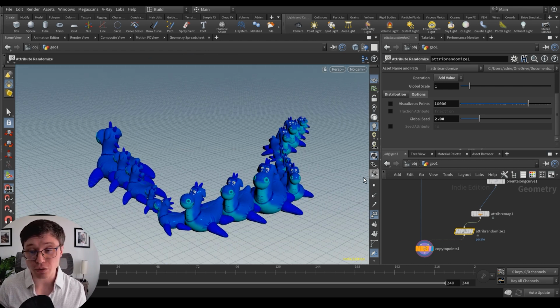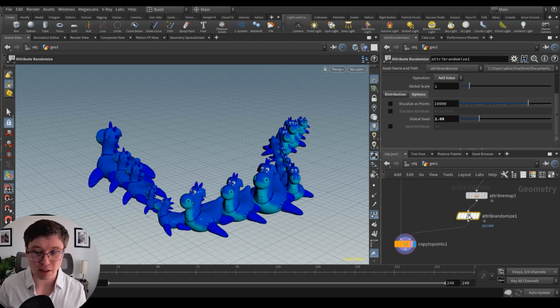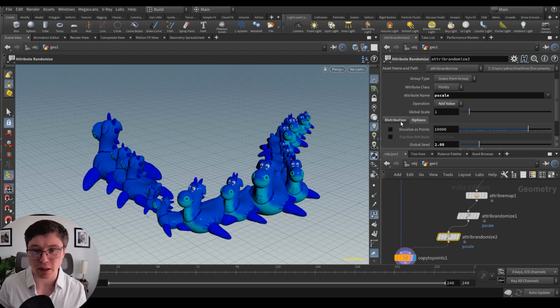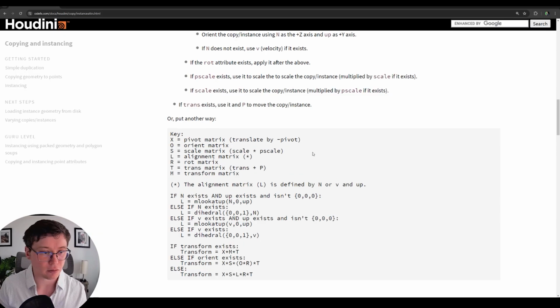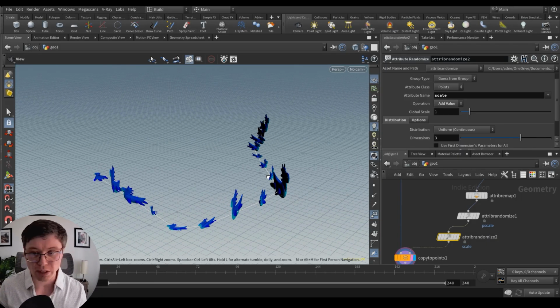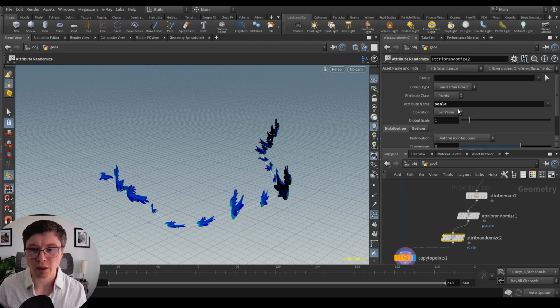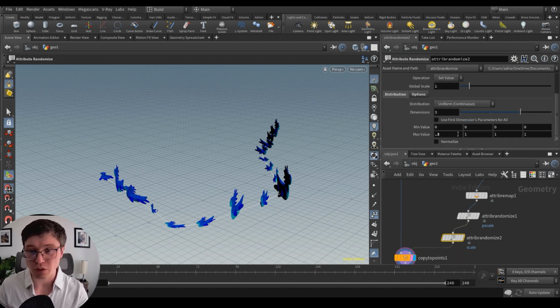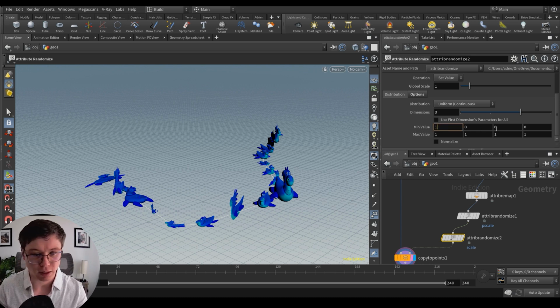And you can actually use these techniques to also randomize, let's say, the scale y. And the way that would work in that case, we would use the scale attribute, as we saw in the documentation right here, was telling us that scale would be the attribute for non-uniform scale, okay? So let's have a look. Right now, everything is squeezed because this attribute randomize is set to add values. Let's set value. And yeah, the minimum value is basically 0 everywhere. And this was 0.3, so that's a bit weird. Could leave that to 1 and 1 in here.